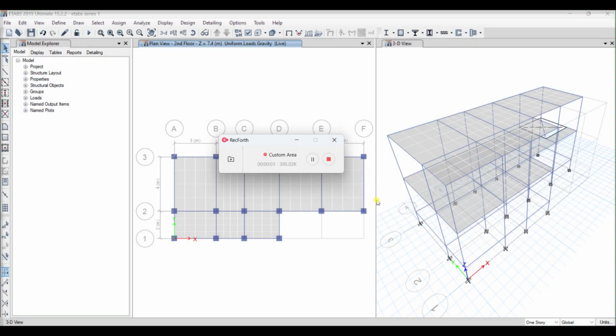Hello and welcome back. We have discussed the response spectrum, earthquake inputs, and dynamic analysis, and now we will do the static analysis. So let me define the floor loads and wall loads. Floor load